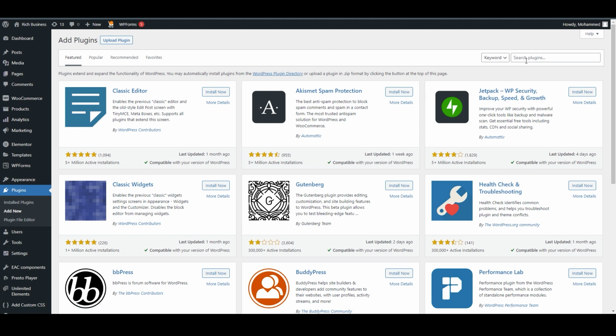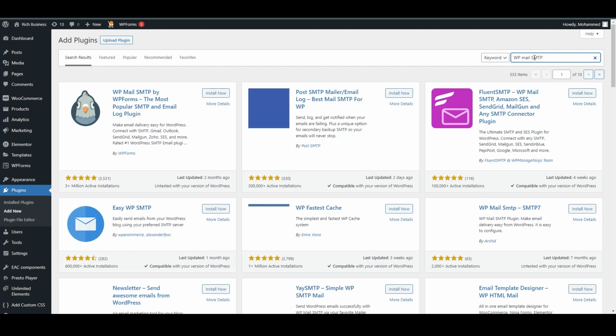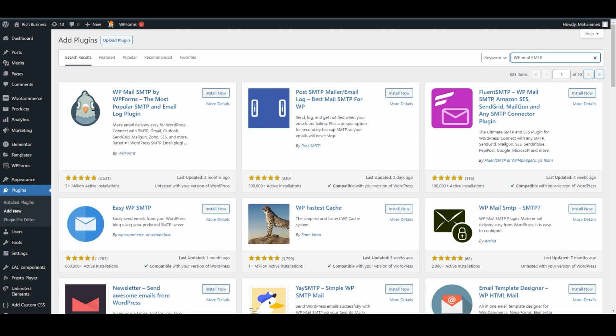And after that, go to the top right corner in the search area and search for WP Mail SMTP. So this is the plugin we are looking for, and the first one is this one. Just remember that the developers of this plugin is WP Forms itself, and just click on install. After that, click on activate, obviously,